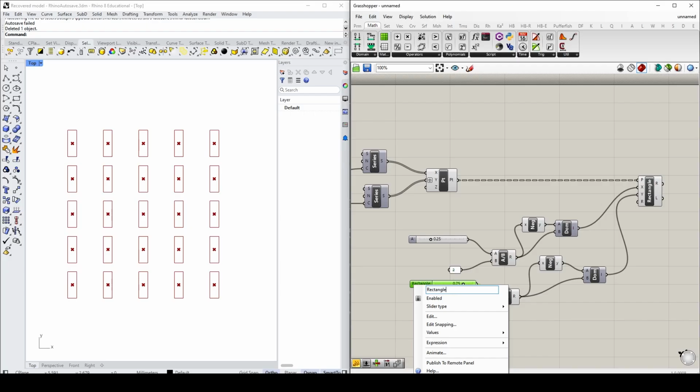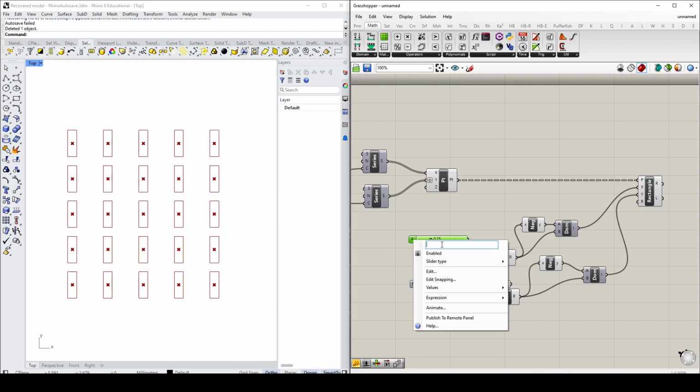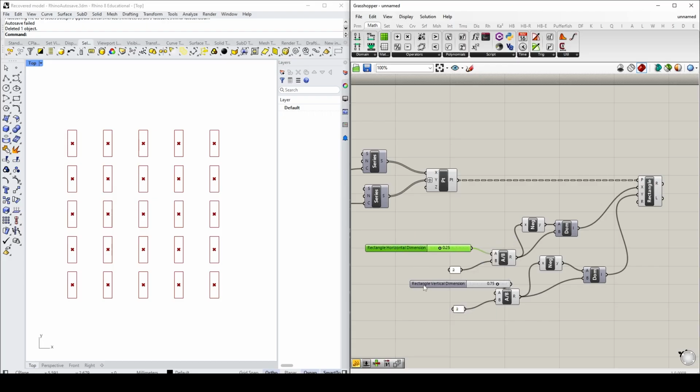rectangle vertical dimension, and then rectangle horizontal dimension to establish my parameter. So quite a bit is going on feeding into here to get these rectangles set up